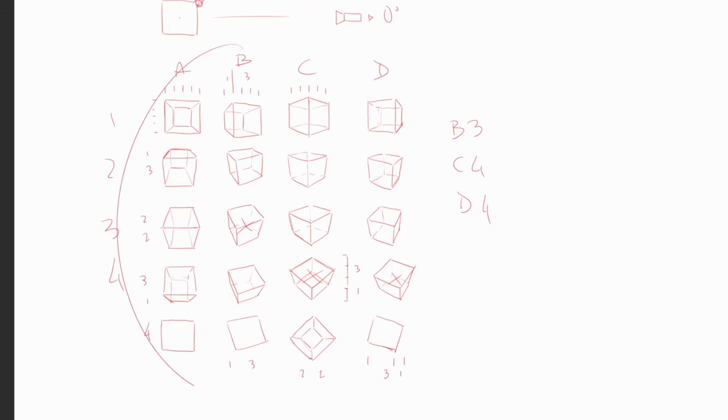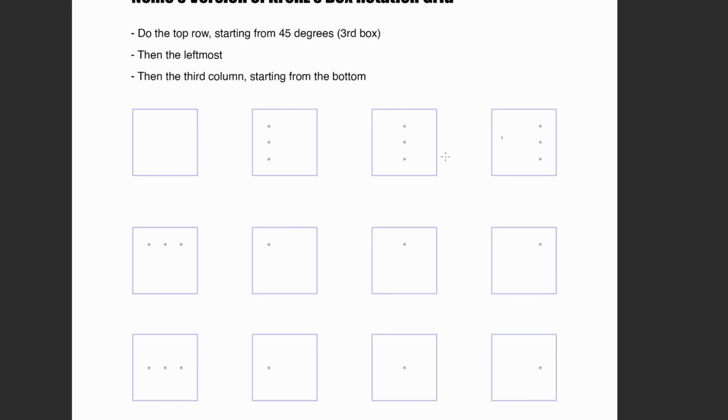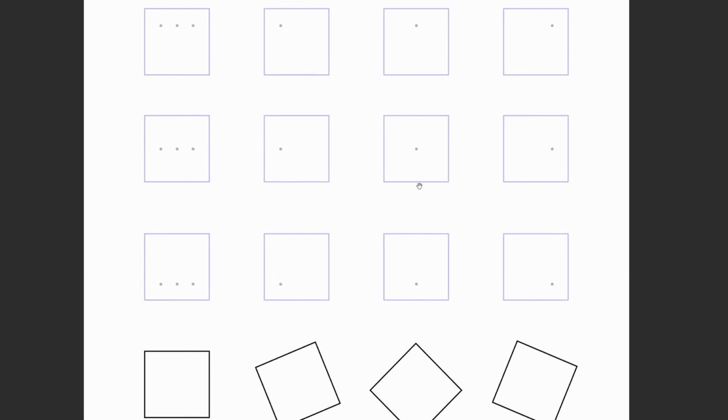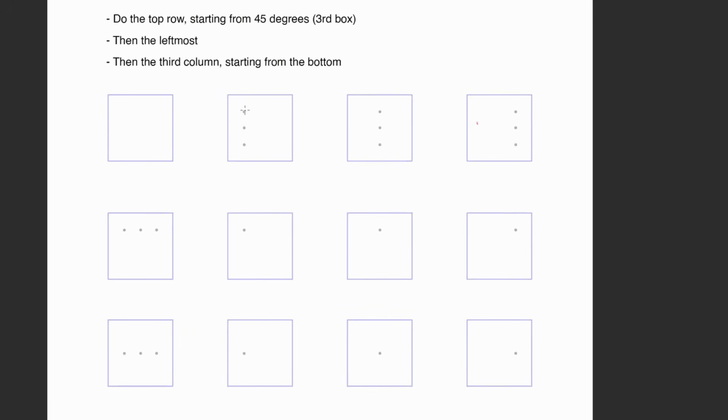So you can use this one as a first warm-up, see which ones you screw up, and then only go ahead and practice those for a couple minutes. But if you do have a lot of trouble with this, I actually put a template in the video description that you can download for free and use to get started. You basically just have to follow the dots and everything else should fall into place. Something like